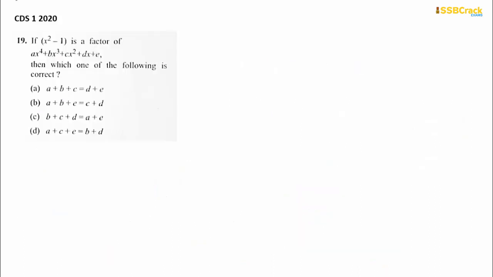Next question देखते हैं, question number 19. Given that x square minus 1 is a factor of the biquadratic polynomial, check the degree. Degree दिया था 4. So ये biquadratic polynomial था. Moreover, you know the factor. So you must have recalled that when you have a quadratic expression as a factor of a biquadratic, the factors of the quadratic would also be factors of the biquadratic. So वो fact आपको पता रहनी थी. यहाँ पे ये जो x square minus 1 जो factor कहलाएगा, इसका actual factorization है x minus 1 into x plus 1. Means ये जो biquadratic equation दिया है इसके लिए x minus 1 भी factor कहलाएगा,